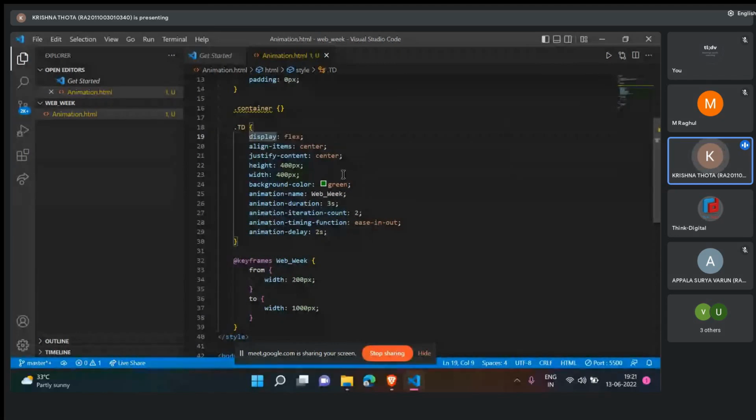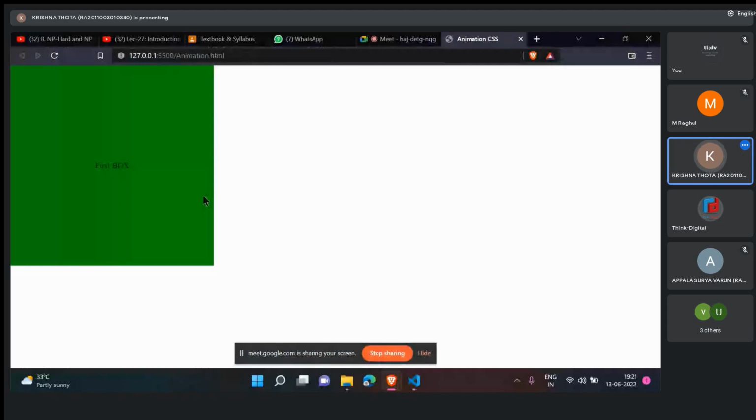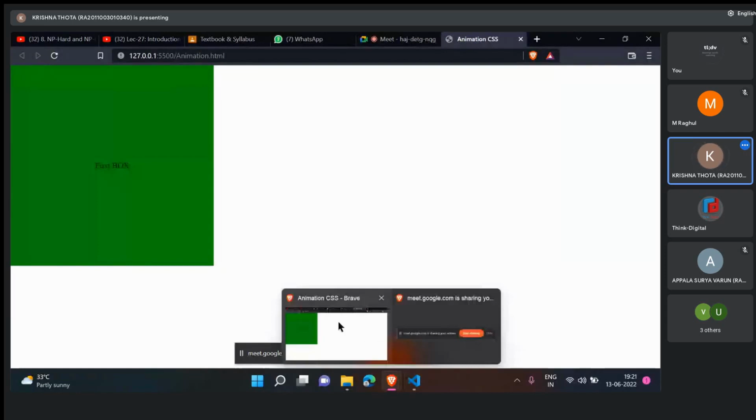Display flex will help you to place the content at the center of the page. As you can see, by mentioning only these three things, this first box is just placed at the center. If I want to keep the whole box at the middle of the page, I will keep it on the container itself. If I copy these things,